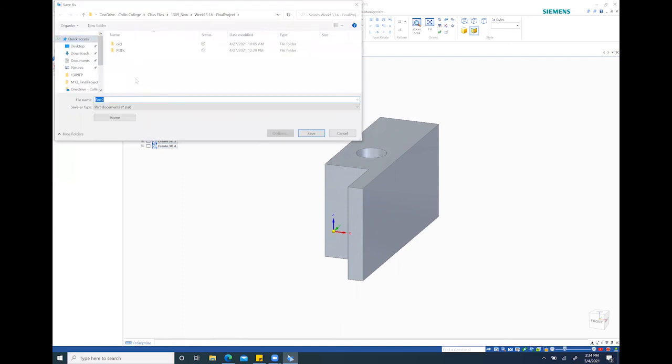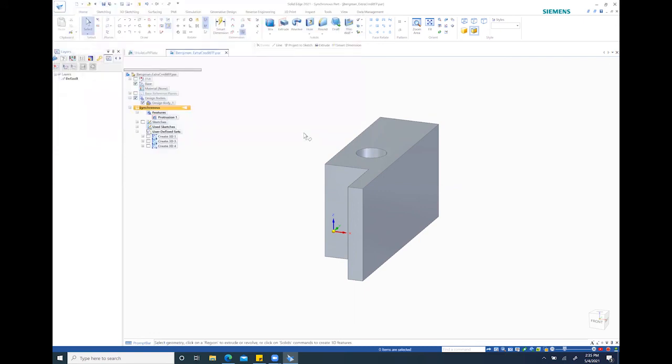Then save it wherever you'd like. And you should save it as your username. So J Bergman is mine, underscore extra credit FP, I believe. Use the name and canvas instructions for what you should save this as, but you'll save it using those instructions and then click save. And you can see that this is the .par file. So you just created a 3D model in SolidEdge using your orthographic views that you created in AutoCAD. And you will submit this .par file